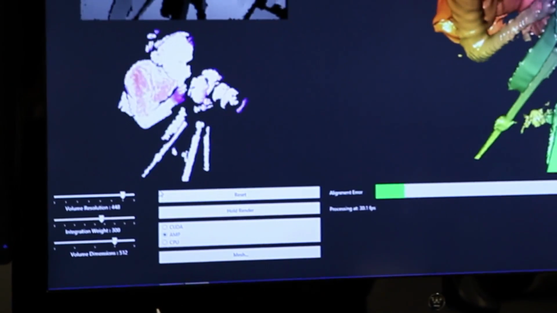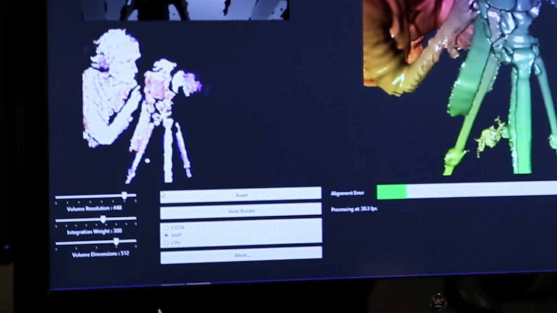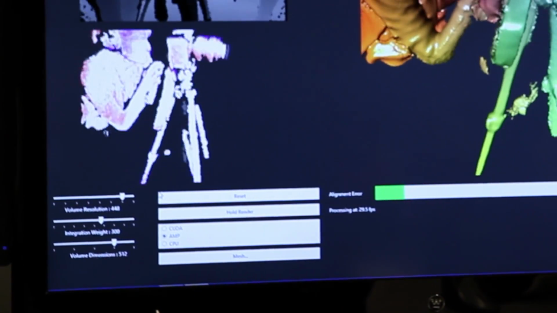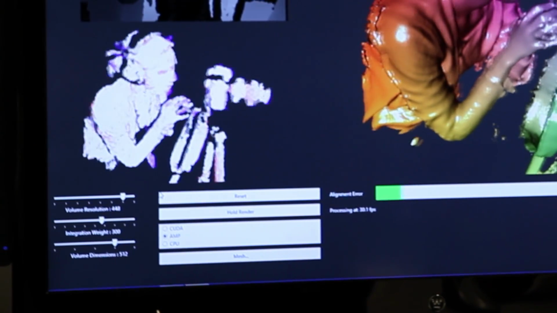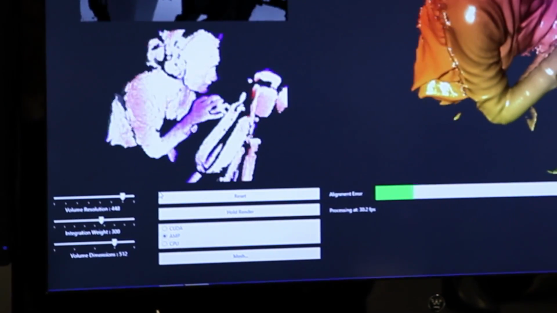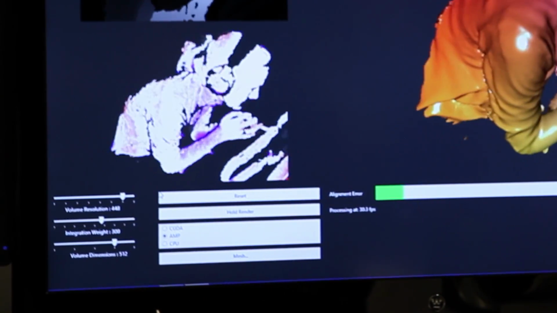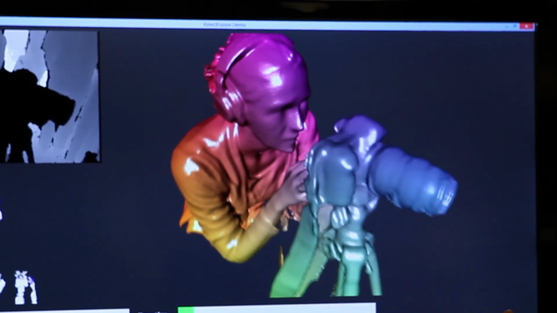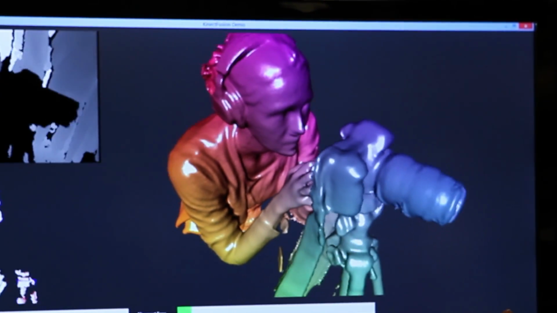The lower left-hand corner is showing the tracking error for each pixel. So where bits of you are moving, you'll see there's more color, and where things are perfectly stationary, you'll see it's white. The big picture on the right, we're showing a graphics rendered